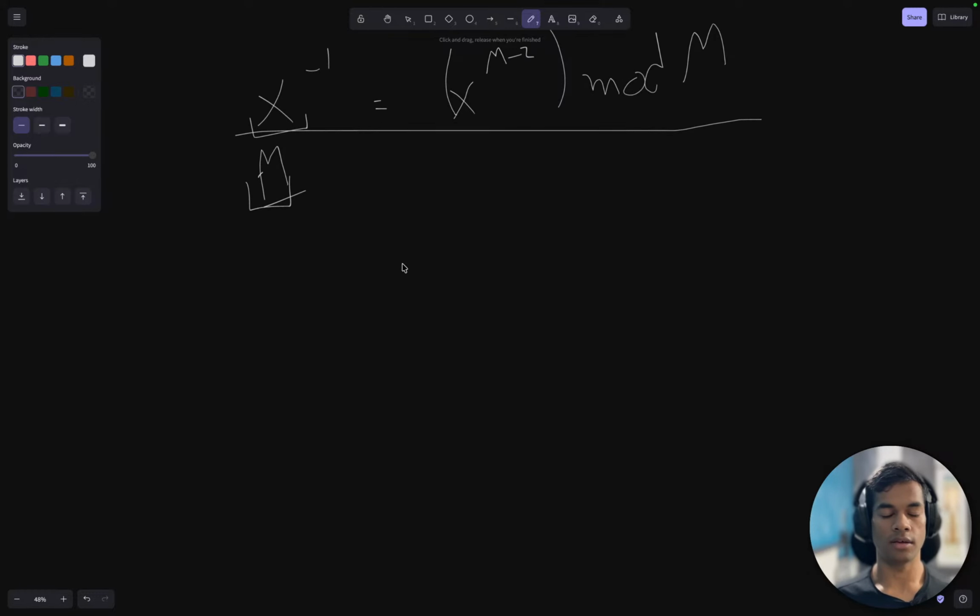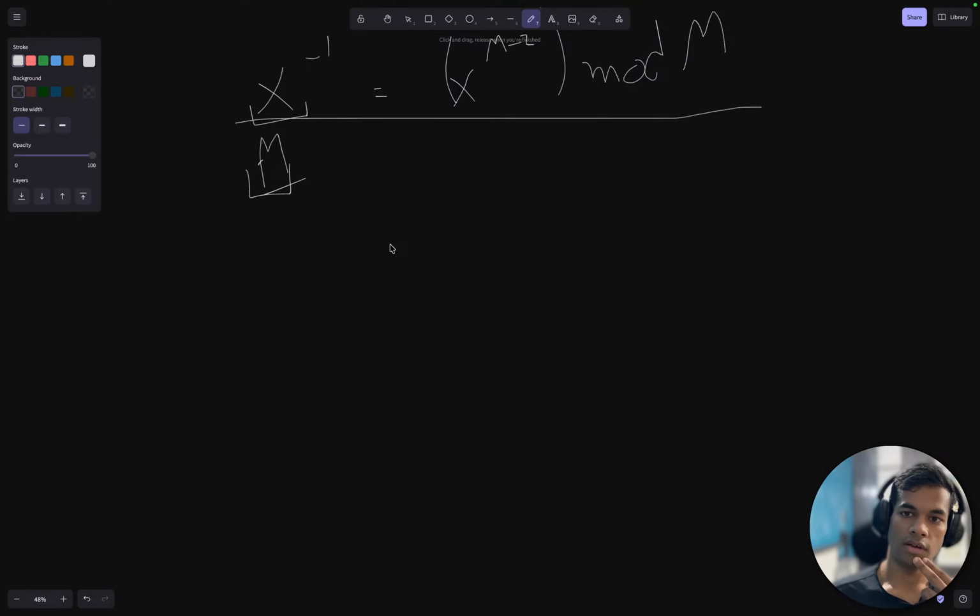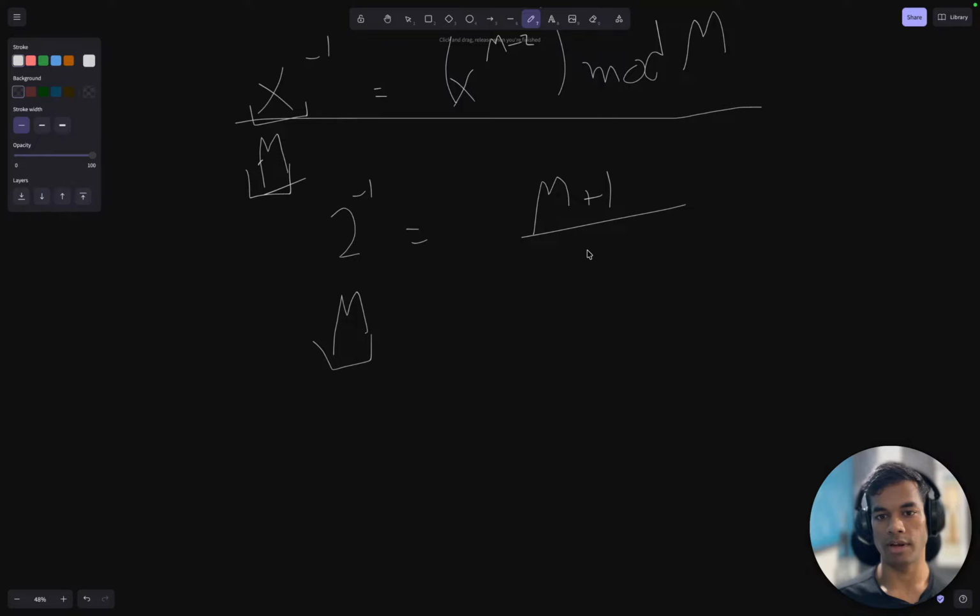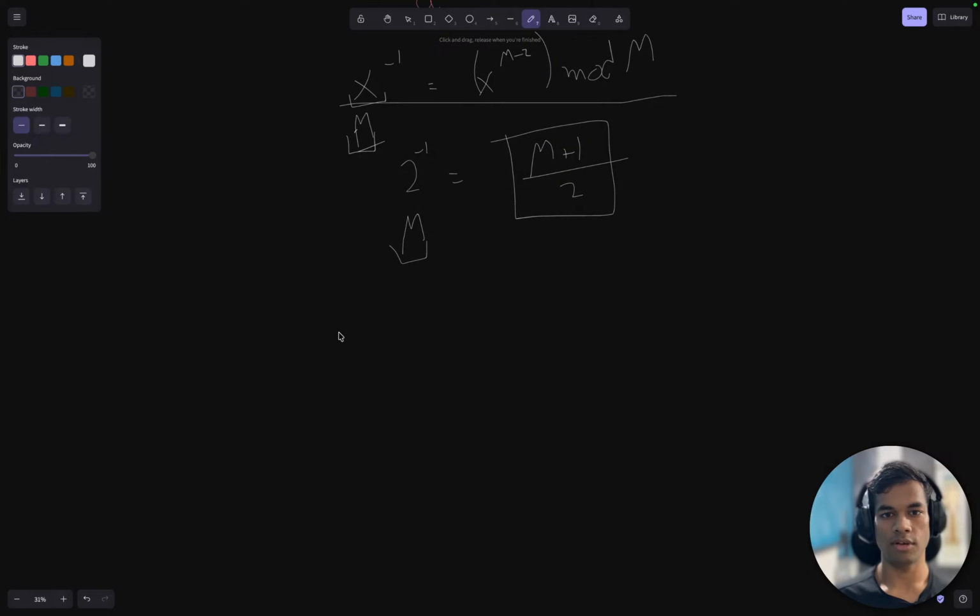I was looking this up at ChatGPT, and ChatGPT said if I want to find the modular inverse of 2 with respect to some prime number m, it is going to be equal to (m plus 1) divided by 2 somehow. I don't know why this works. I guess the reason was